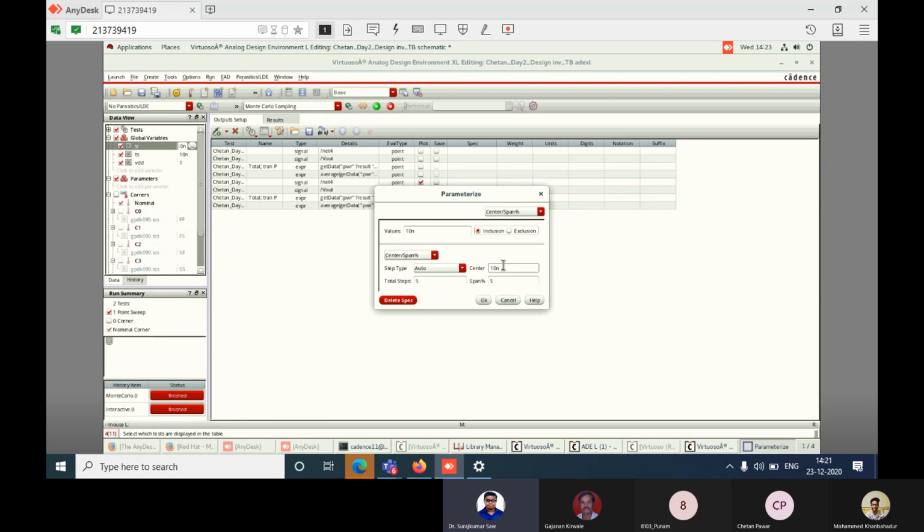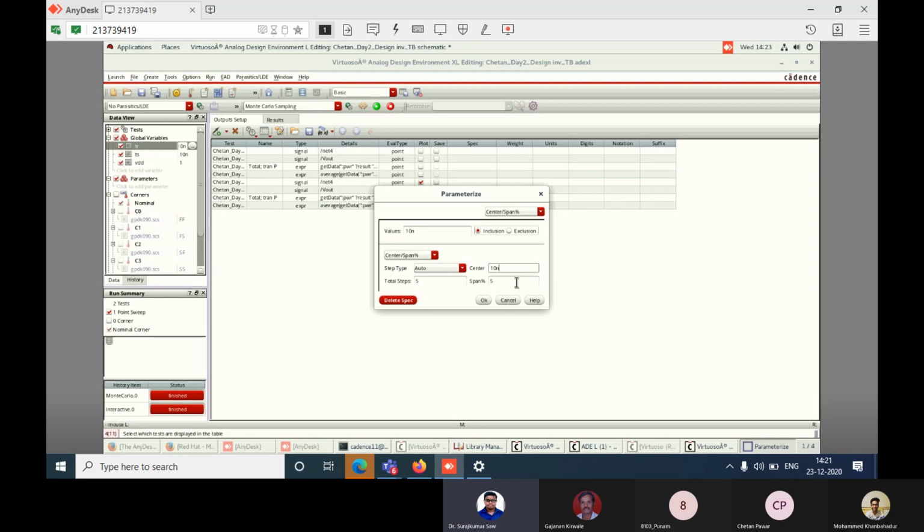What does this indicate? The center value means our rise time will take 10 nanosecond, which will either increase 5% or decrease 5%. If it is increased by 5%, it reaches 10.5 nanosecond.